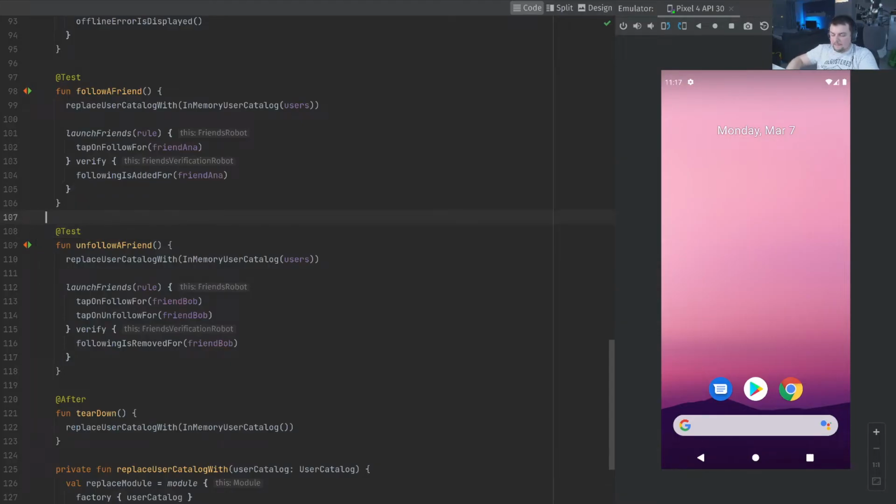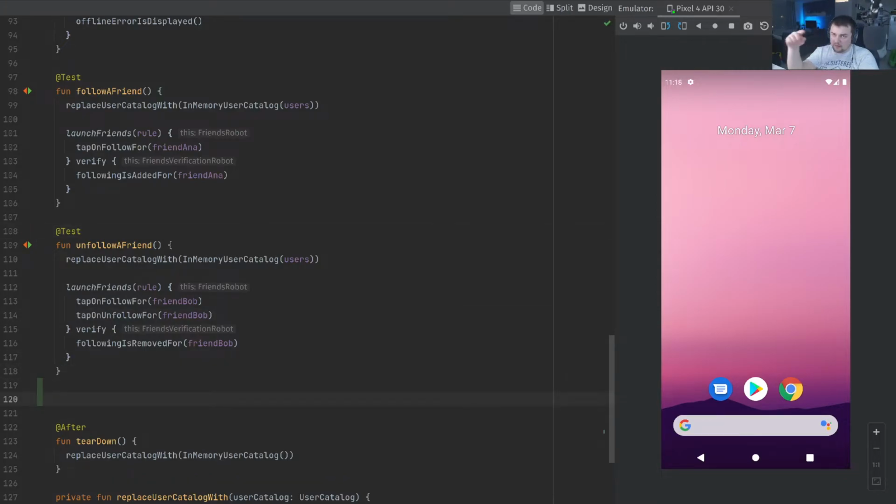Nice. So next I would like to, as I said, make sure that I'm showing some sort of spinner while this toggling is ongoing. So something like